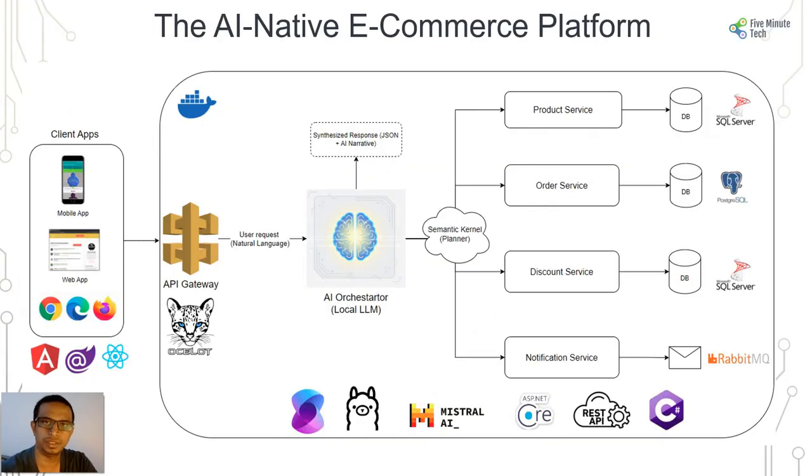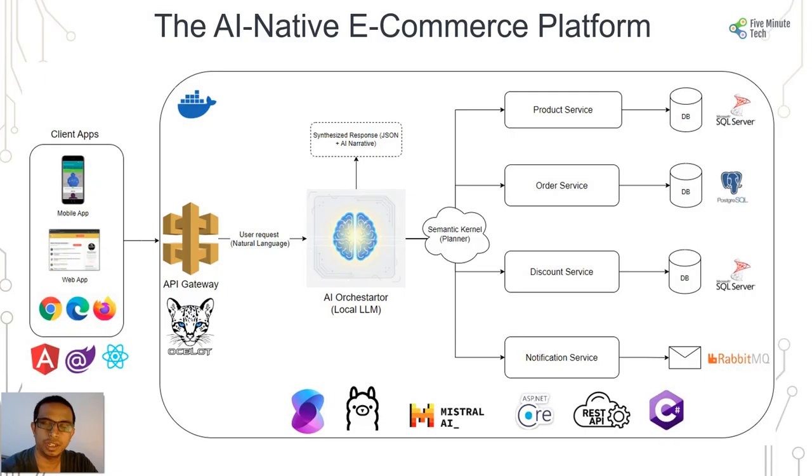So this is the entire design, the functional flow of the application which we are looking at. Here the client application would be a web application for the demonstration, and it will have a Blazor-based UI. It will interact with the API gateway through an Ocelot API gateway. It will have the user requests through a natural language input, and there will be an AI orchestrator which will be a local LLM. This local LLM will synthesize the response, the JSON plus the AI narrative, along with a Semantic Kernel planner, which will be based out of